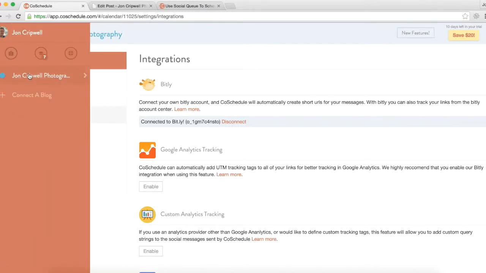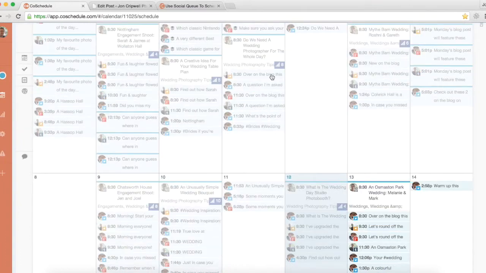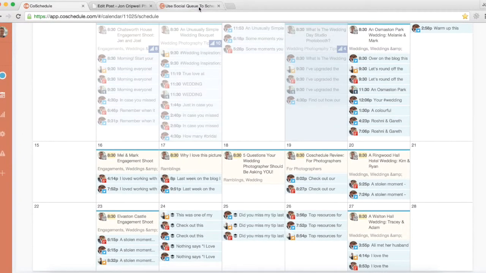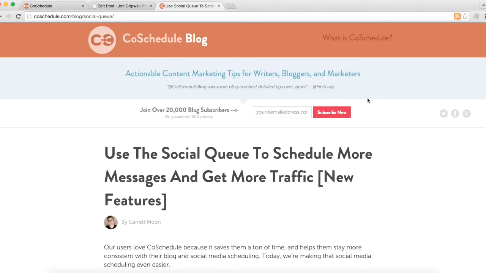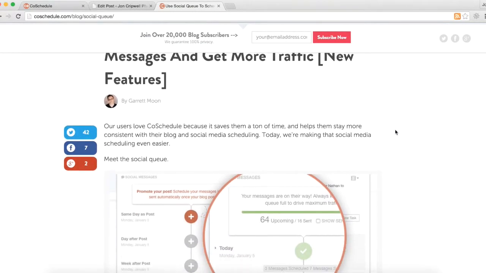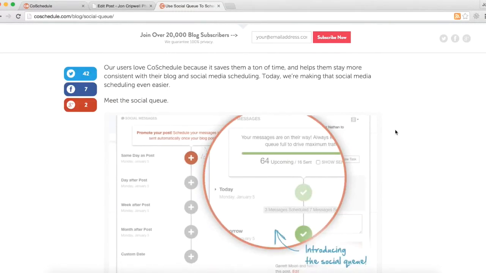I've got to say I found it absolutely fantastic so far, and really useful, and their blog's quite cool too, to give you some tips on how to get started. Here's a recent blog post from CoSchedule showing you a suggested way to use the social queue aspect of the program,